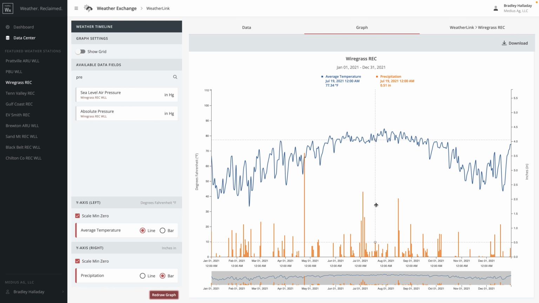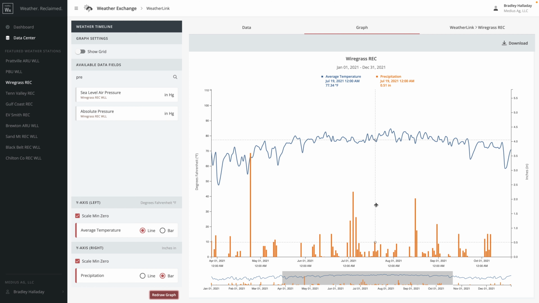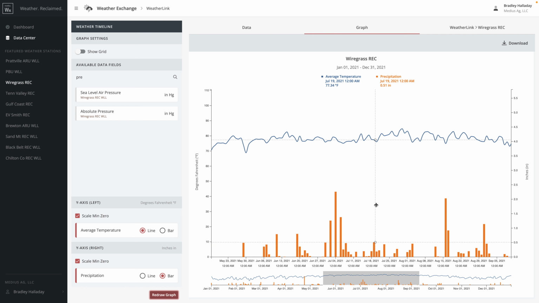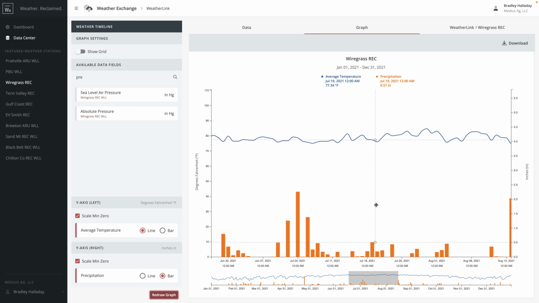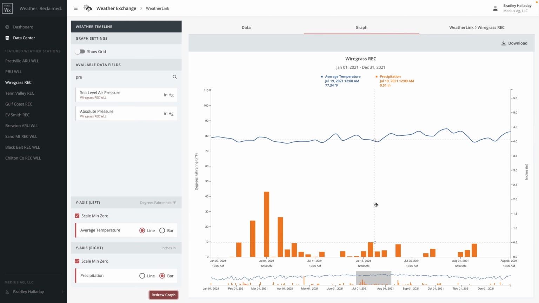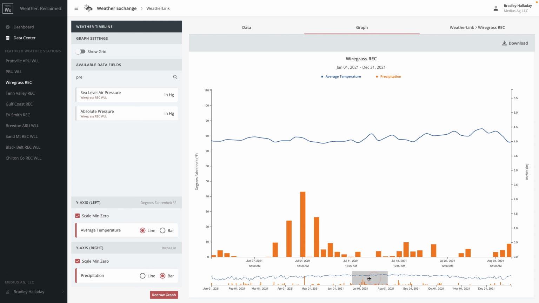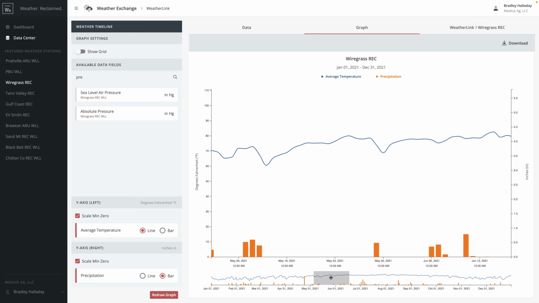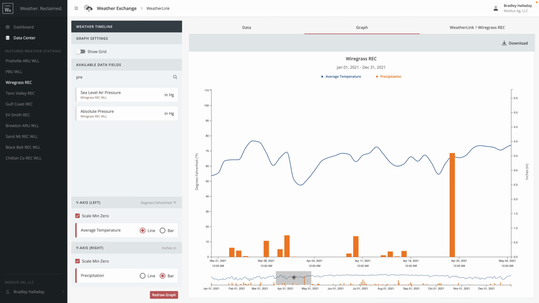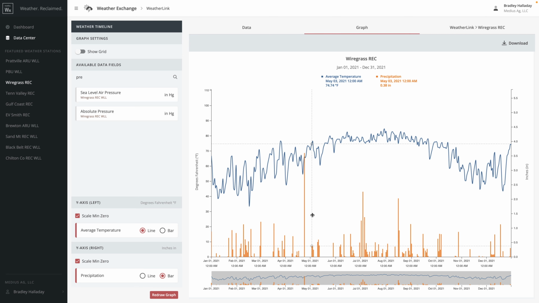not only are the lines being drawn on the point that I'm looking at, but I also am seeing up in the legend at the top the current value that I'm hovering over. So it gives you a great way to be able to scan through your data. You can also scroll in or back, and that will zoom for you if you want to zoom in on your data more. And then you can also grab down here at the bottom this scrub brush, and you can pan your way through the data if you are zoomed in, or you can always zoom back out